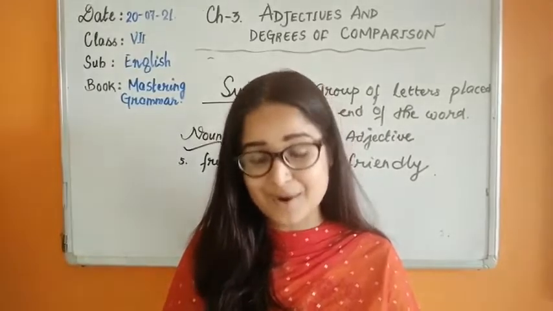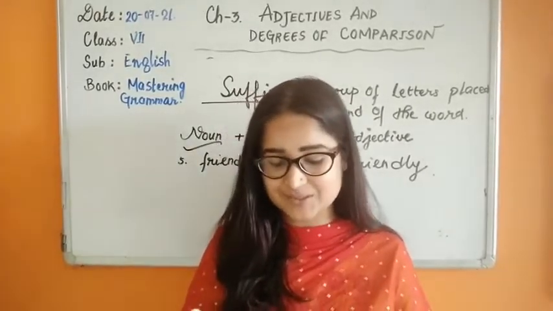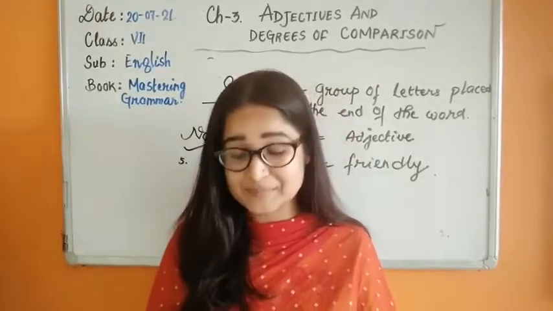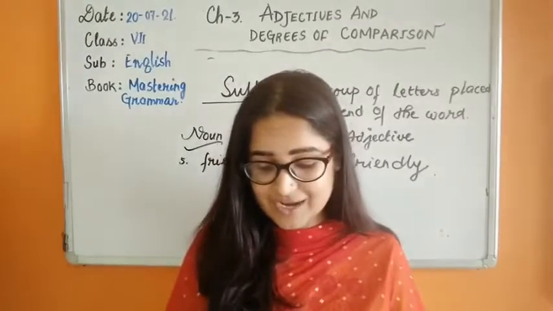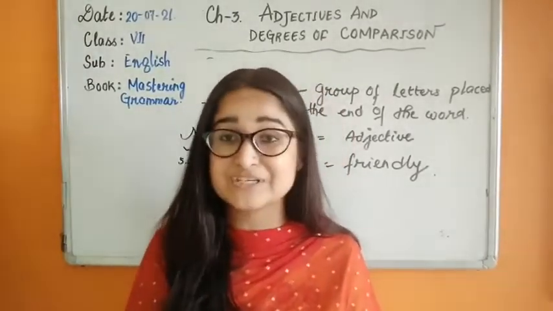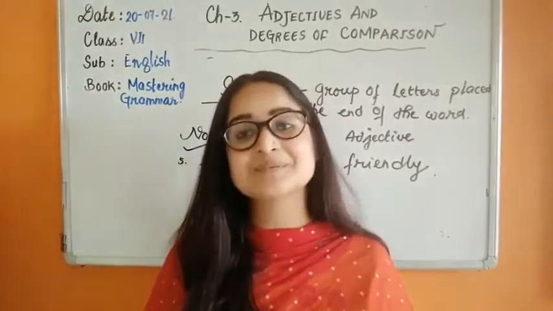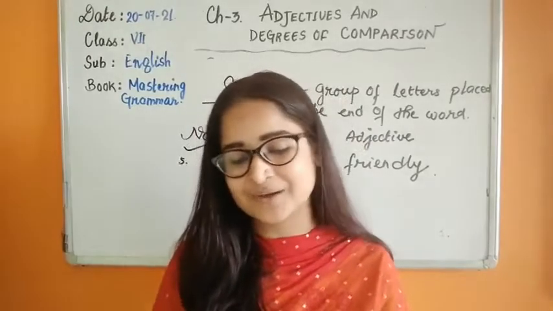So herb becomes herbal, habit becomes habitual, industry becomes industrial, machine becomes mechanical, nature becomes natural, nation becomes national, perpendicular becomes perpendicular, honor becomes honorable. Right children? So many examples, you must go through it.